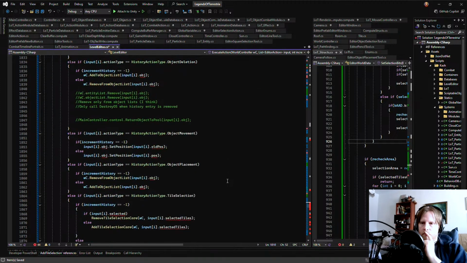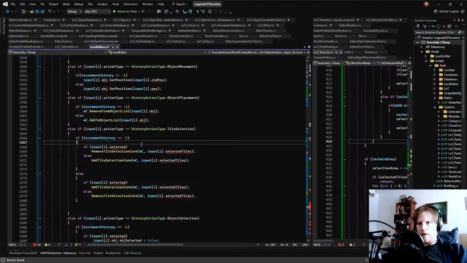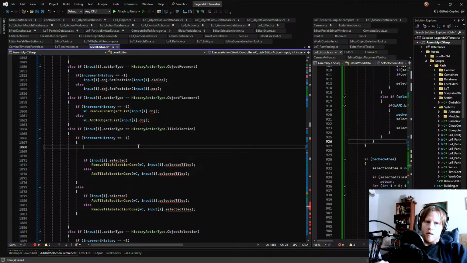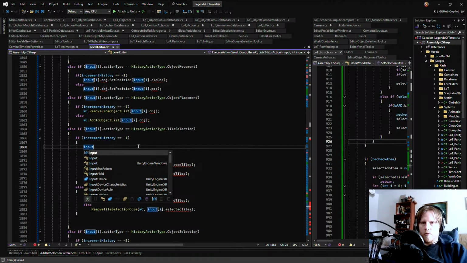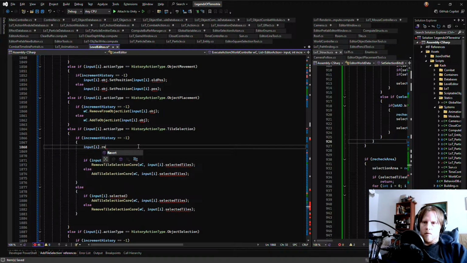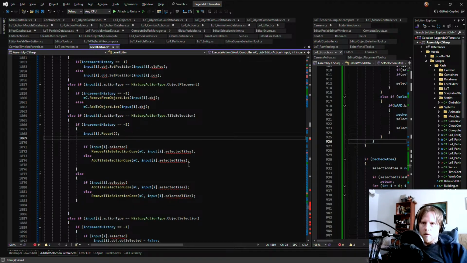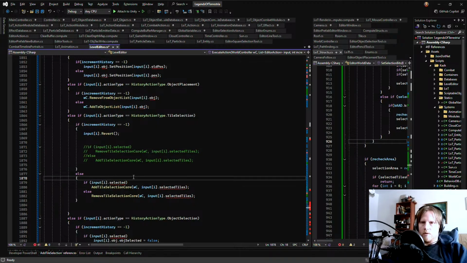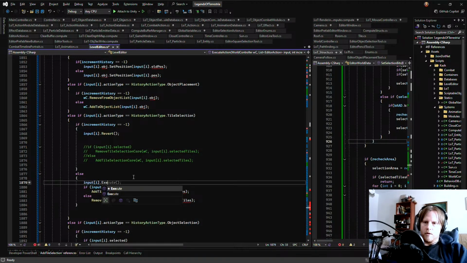let's see here. Tile selection. Right, so here, input dot selected. So all we should have to do here is say input I dot revert. Else input I dot execute.